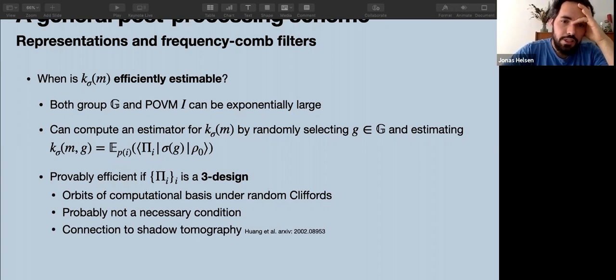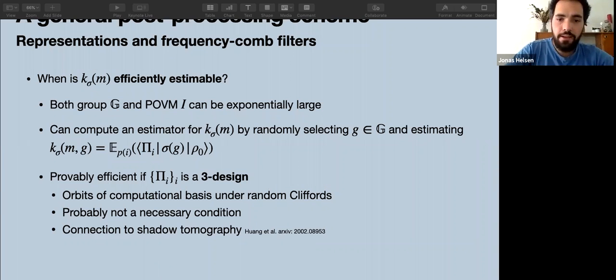There is a really nice connection, which is where I got the tree design idea from, to a strand of research called shadow tomography. So people have been thinking about ways to do efficient tomography procedures. If you have an exponentially large state, it takes an exponential amount of measurements to reconstruct the entire density matrix. But if you're only interested in estimating the expectation value of that density matrix with respect to a really large number of observables, then it turns out that that can actually be done with a